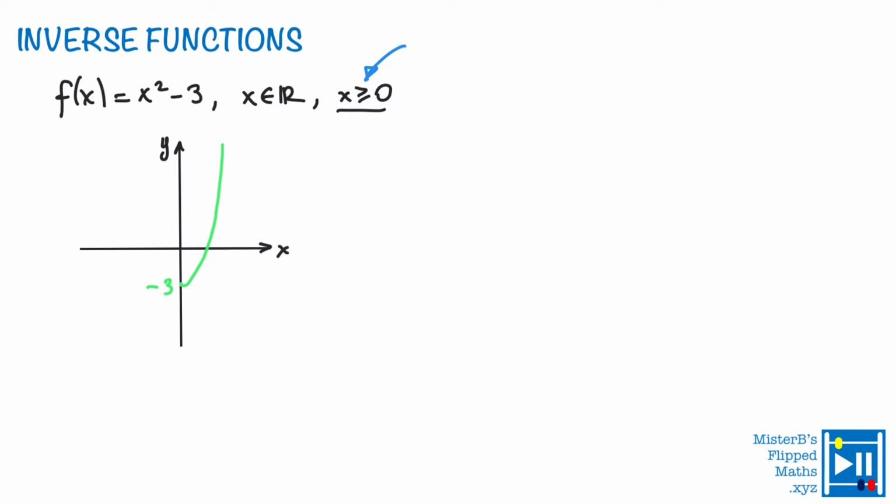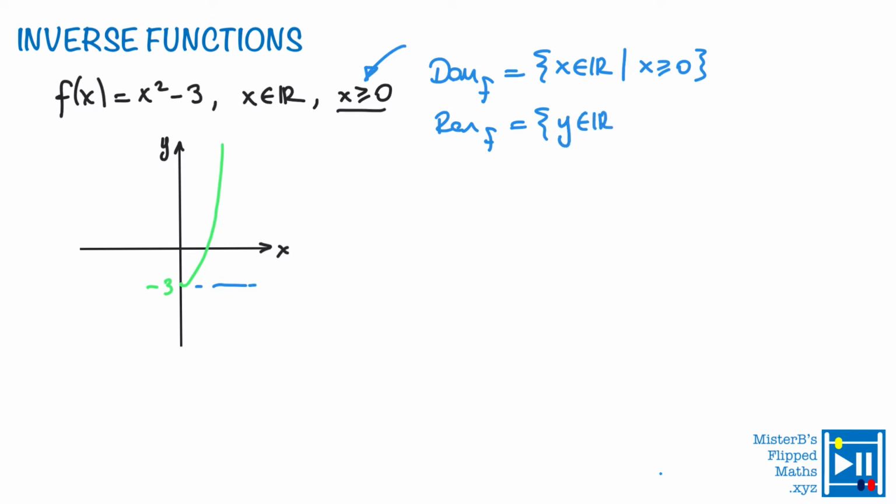What is the range? So let's write the domain is x is greater than or equal to 0, and the range is, well, the minimum point is -3, so it goes up. So we can consider the y values to be greater than -3. So I will write y as a real number, y is greater than or equal to -3. Instead of y, you could write f of x. That's equally the same. Now, certainly the questions will ask us to find the expression for the inverse function, and